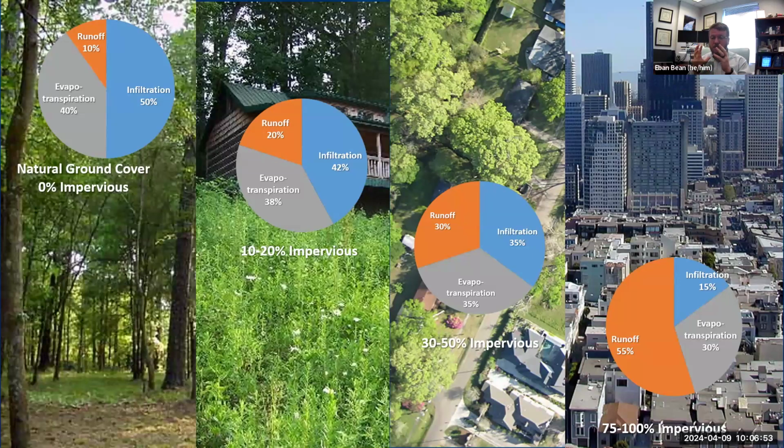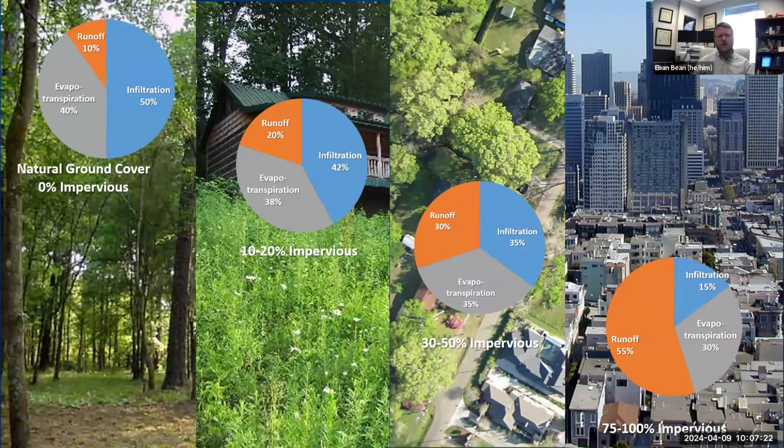Only maybe about 15% of that rainfall actually infiltrates or makes its way into the ground through limited green space and cracks in pavement and so forth. Maybe 30% is evapotranspiration, really most likely just evaporation, water that ponds on the surface of impervious surfaces and then evaporates into the atmosphere. And now about 55% of that rainfall basically runs off and goes into some water body or some drainage